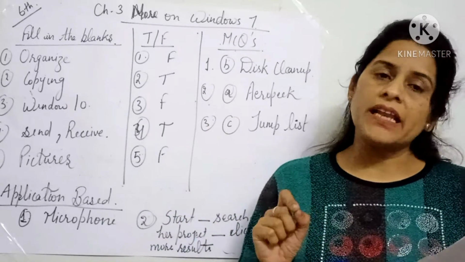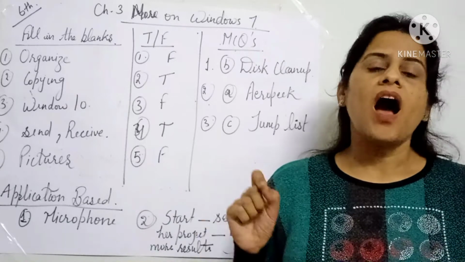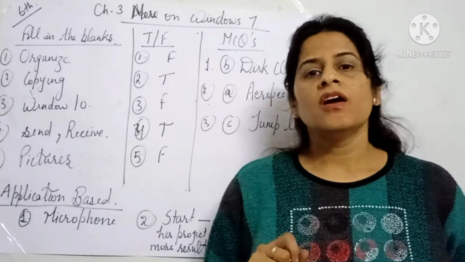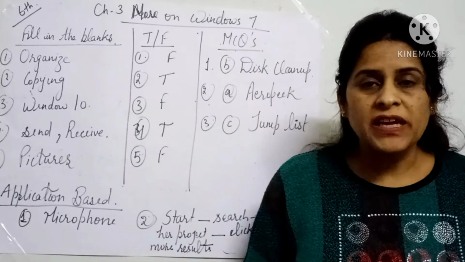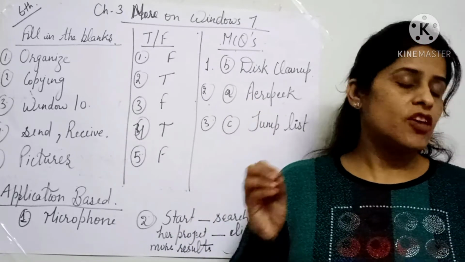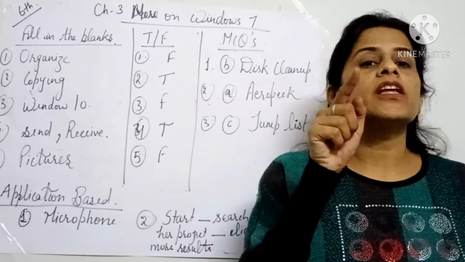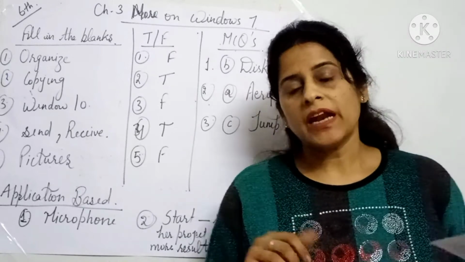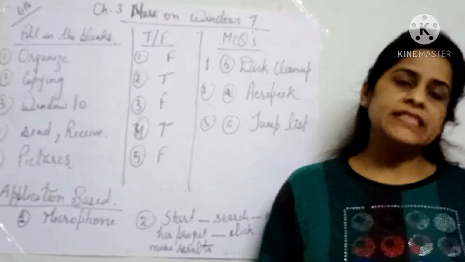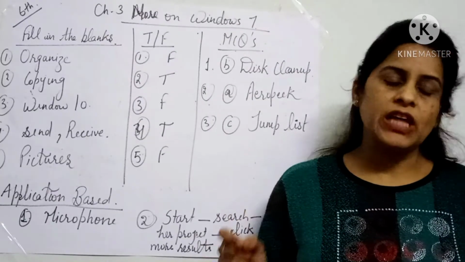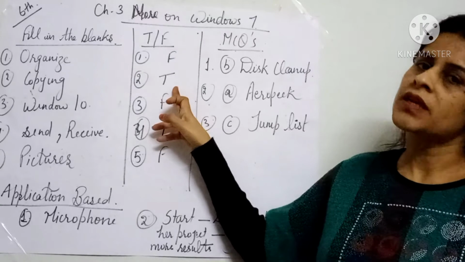Next is: disk cleanup is used to remove unnecessary files from a computer hard disk. Yes. What was the disk cleanup feature? If you have downloaded many duplicate files and many unnecessary files, if you click on this disk cleanup, it will remove all the unnecessary and duplicate files. You can use this feature in your mobiles also. In advanced mobiles, all the new version mobiles have this disk cleanup feature also. So it is saying that disk cleanup is used to remove unnecessary files from a computer hard disk. Yes, its answer will be true.